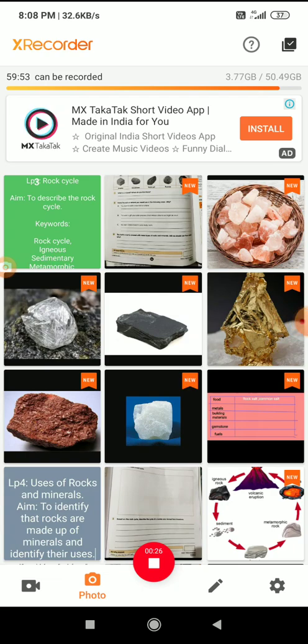So how are these rocks and minerals useful to us? What is a rock actually made up of? Do you know? Rock is made up of minerals. So what are minerals? Minerals are pure chemical substances formed due to natural processes within the earth. So these are our minerals, right? They are pure chemical substances.